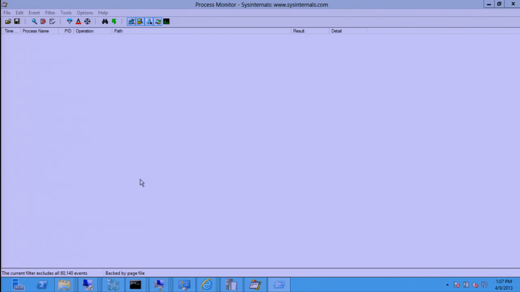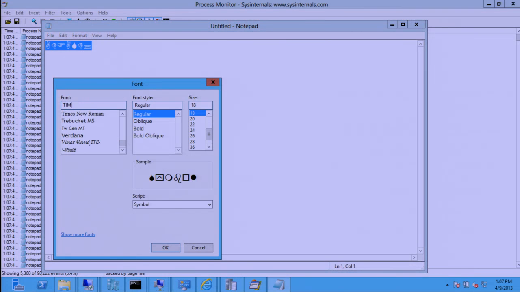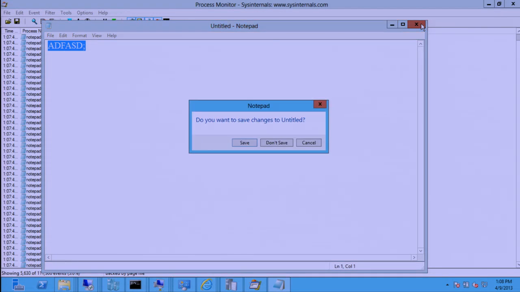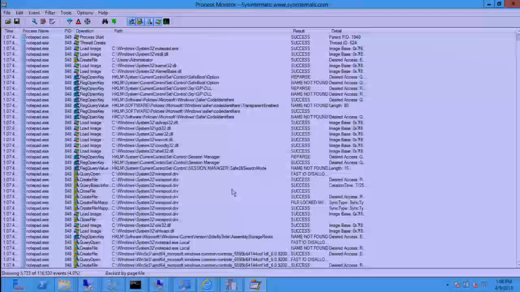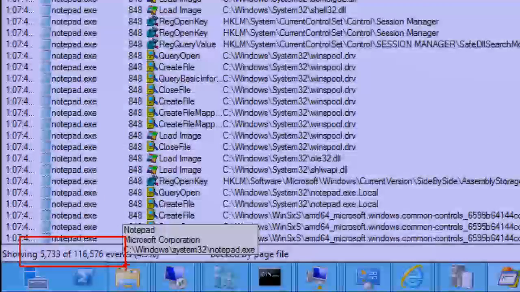So if I start up Notepad, change the font back to Times, and close Notepad, because Notepad, like many applications, stores settings when I just close the application. So now you can see that if I stop the process here, it was about 6,000 events to change the font